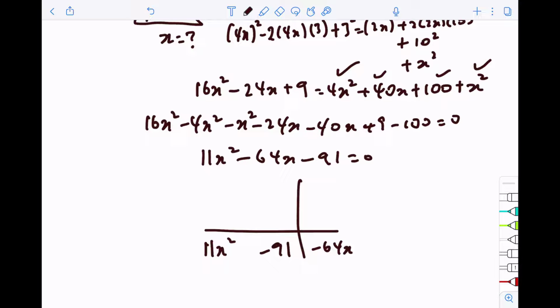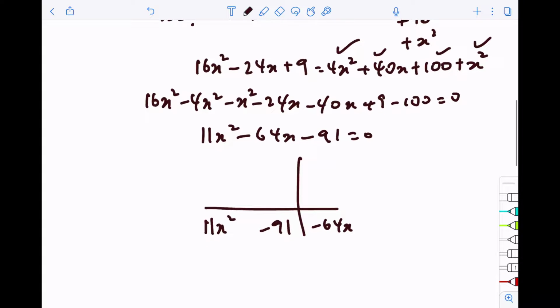Okay, so let me press the calculator for a bit. Minus 64 plus 91. Okay, so 11x and x